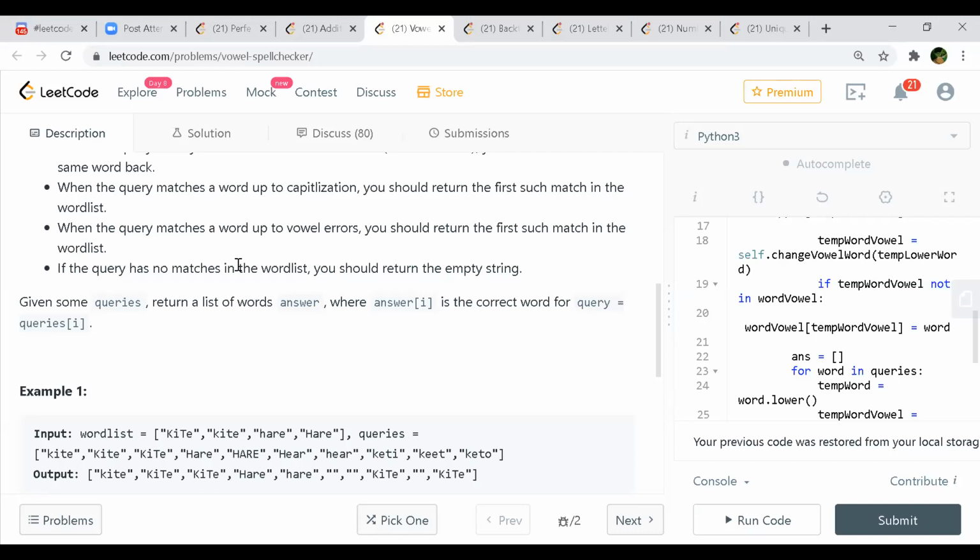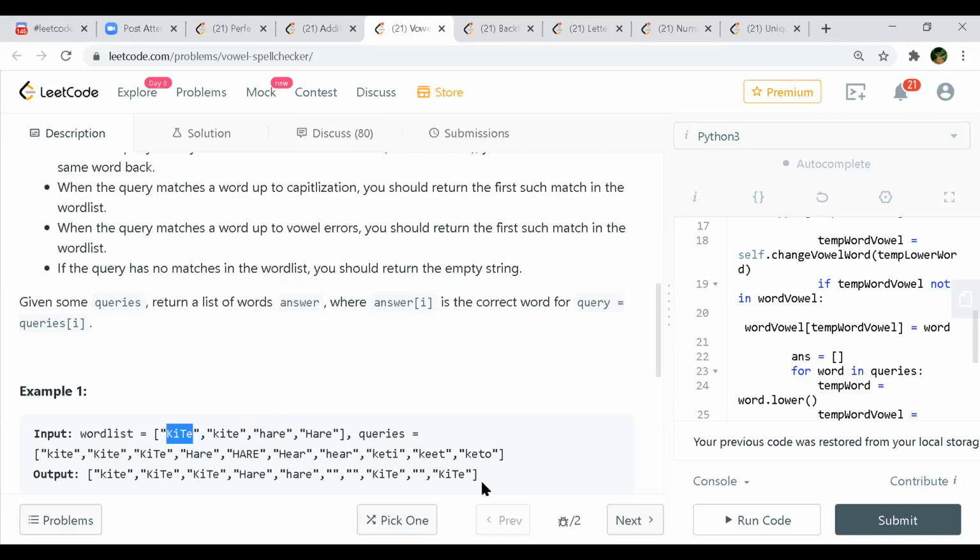Right. So in the last example, what we do first is we try to interchange, rather find the correct vowel, right? So we get KITE all in lowercase. And next, we have this KITE word in the word list. So why don't we return that one, the small KITE? Why do we look for the capital one? If you replace KI with this I in the first match, you will get it, right.